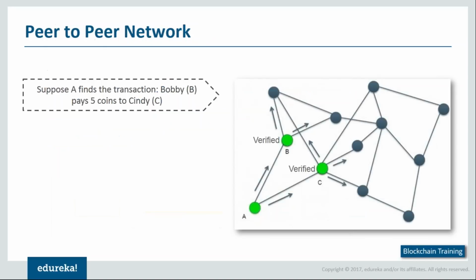Okay, then you have the peer-to-peer network. Now again, a peer-to-peer network is the collection of different nodes associated in the blockchain system. Here you might be wondering what exactly a node is. A node is anyone associated with the blockchain system. It can be me, it can be you, but to give you a general idea, anyone who's associated with the blockchain system is called a node.